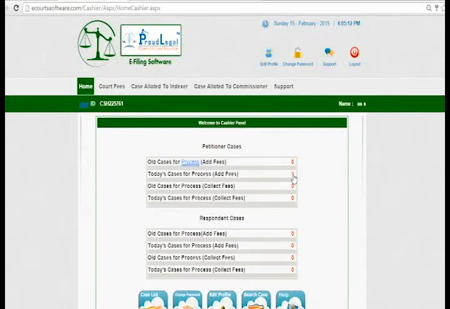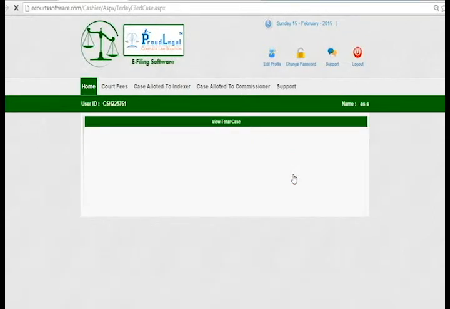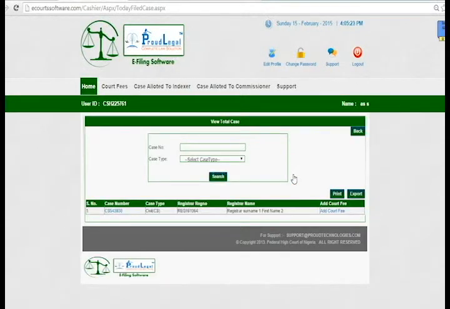So if you want to check the case, just click on the number and automatically you will get into another page where you can see the today cases for petitioner. So here is the case, this is the case number, this is the case type, it's civil, registrar number is REG161064.